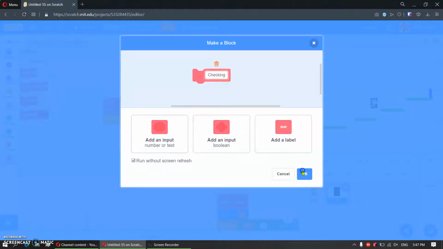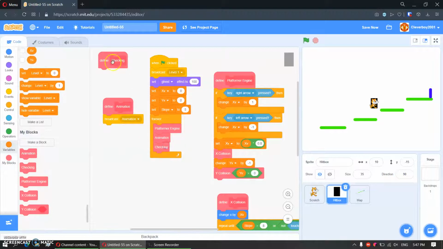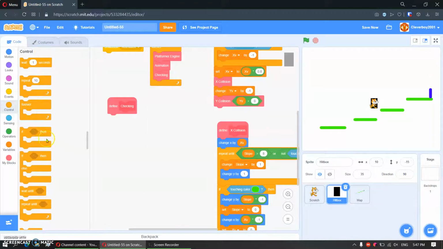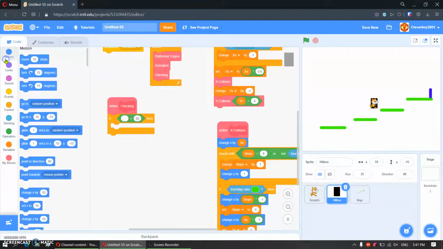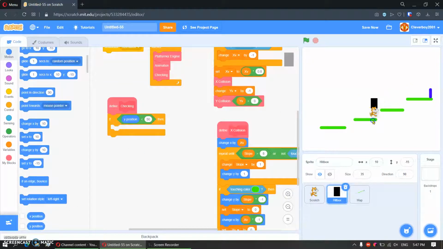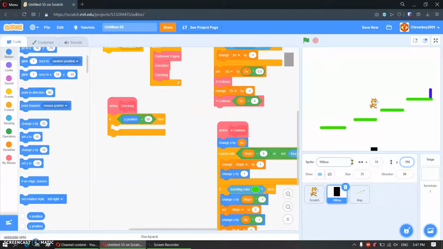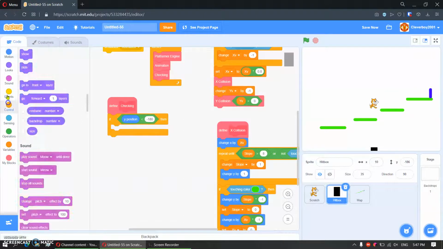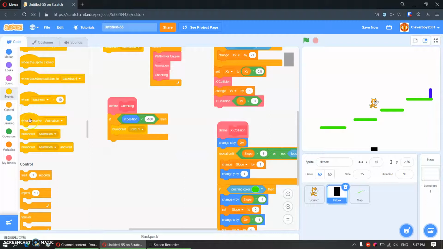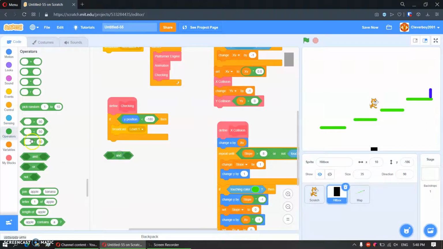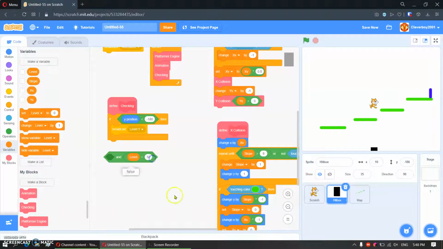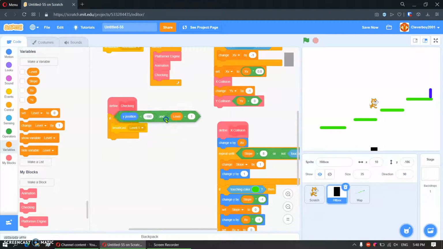checking, one more screen first, so we'll put in checking here, define checking, so in if less than, if Y position is less than -180, and we'll broadcast level 1, and if level equals 1, to get up,